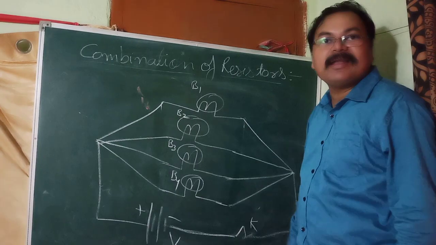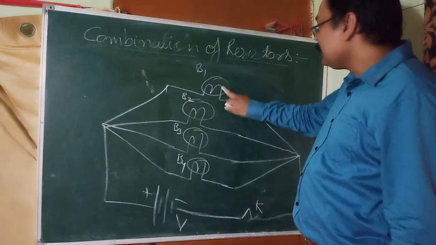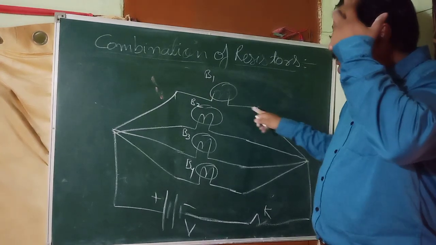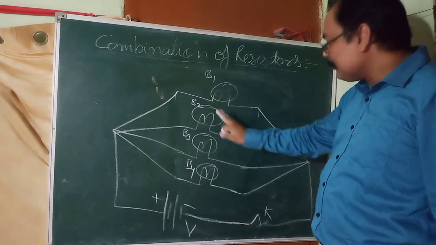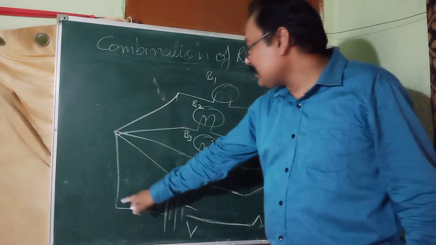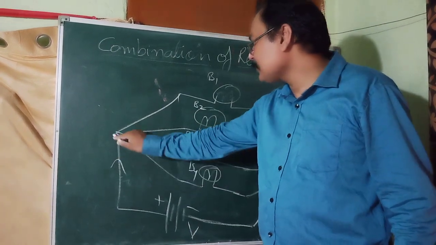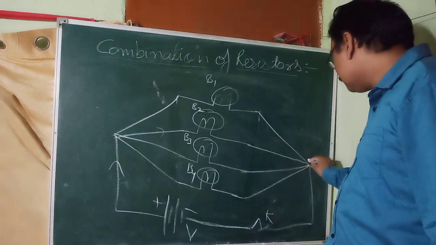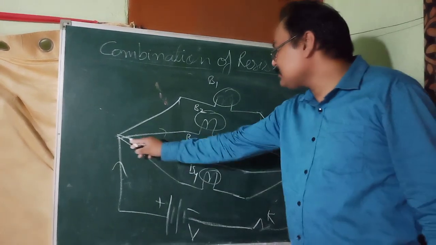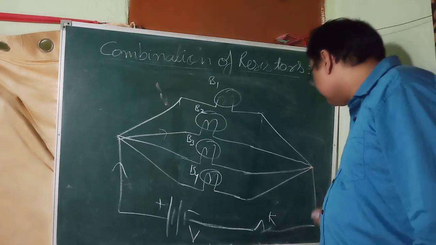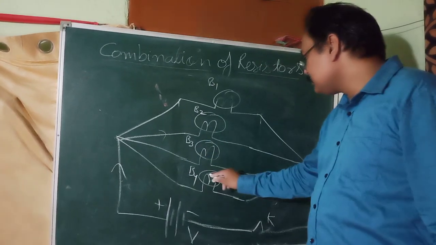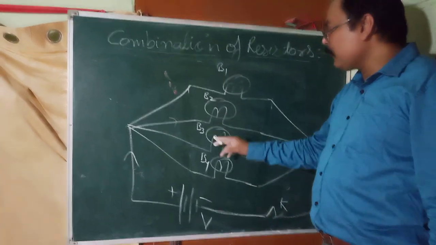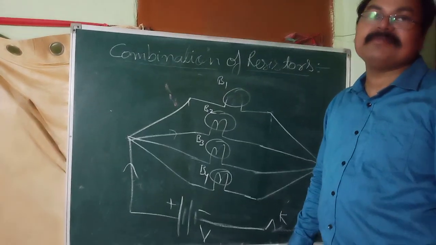But what about in parallel combination? Let us see. If this bulb is blown off, then here the circuit is incomplete. So current will not flow through this. But what about the other bulbs? You can see whatever current is coming from here, okay, it will come here and then get divided through this. See, this circuit is closed. This circuit is also closed. This circuit is also closed. So what will happen? The current will keep on flowing through these 3 and they will keep on glowing.